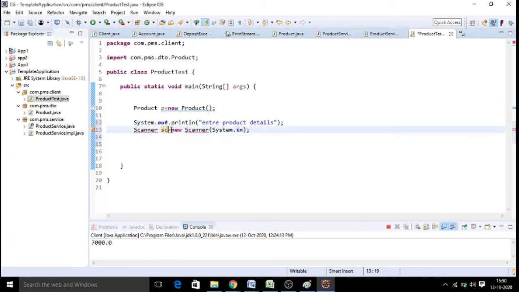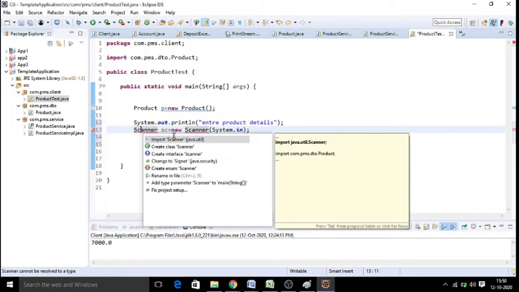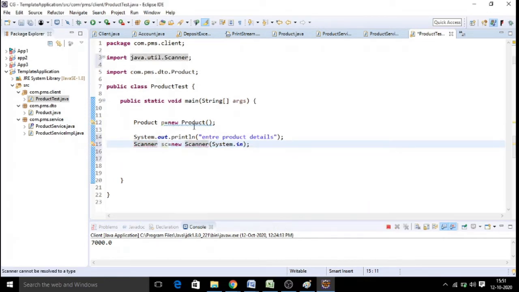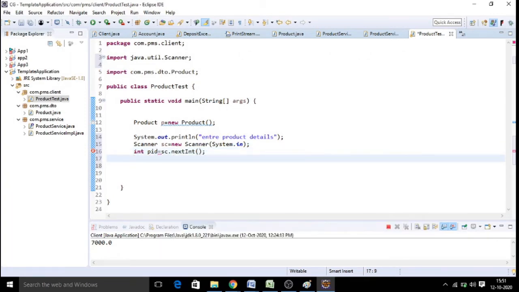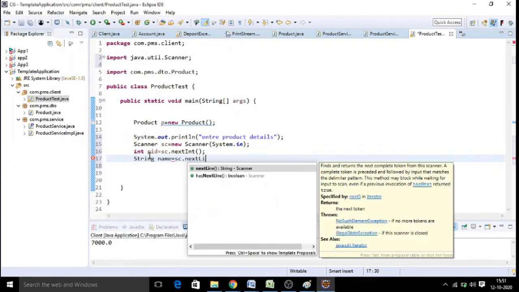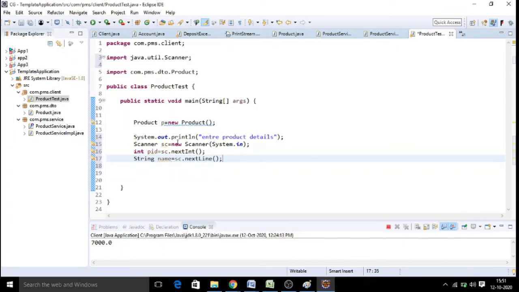But as soon as you input the data, it has to be updated in your DTO object. First you will take int product ID equal to scanner dot nextInt. You have read your product ID. Next is product name. So String name equal to scanner dot nextLine is a method where you can read your product name. Both you are inputting here.